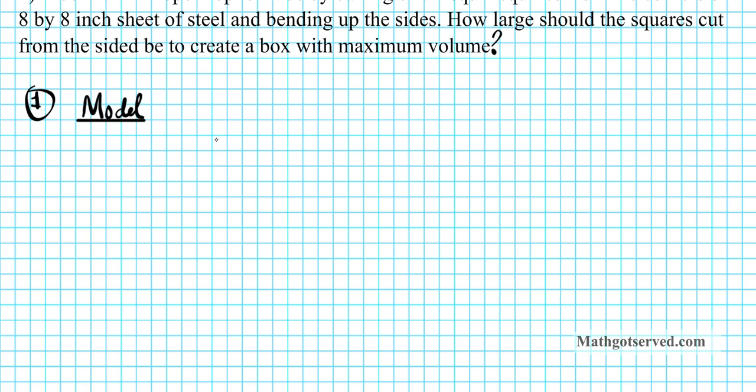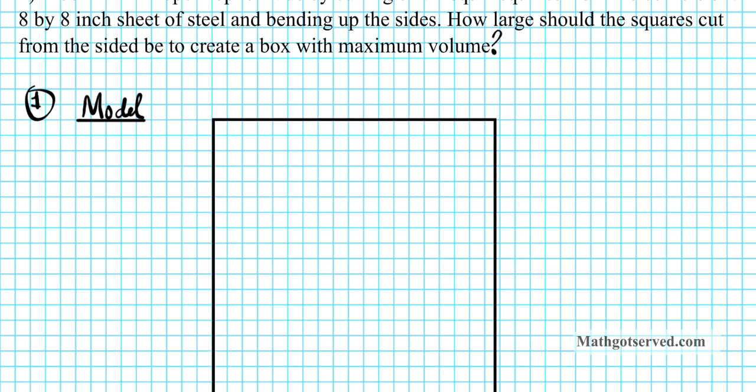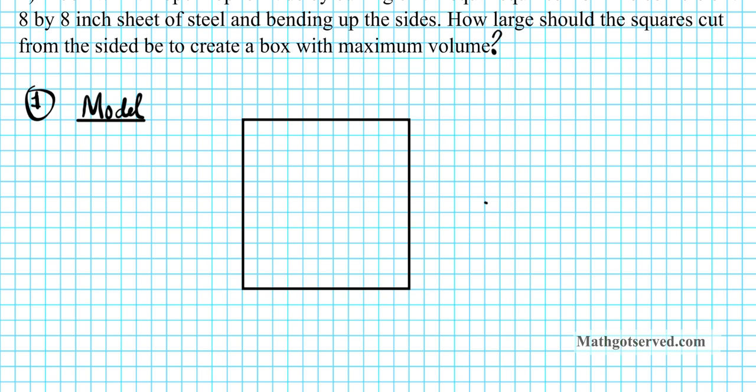Let's say this is the sheet of steel, and we know what the dimensions of the sides are. It's 8 by 8, so the side is going to be 8 inches, and this side right here is also going to be 8 inches. And then in order to create an open top box, we are to cut squares